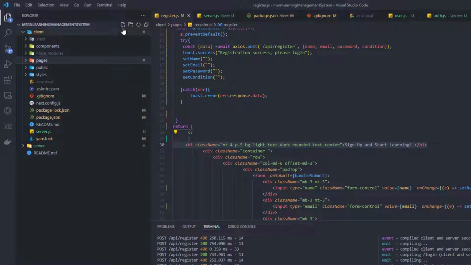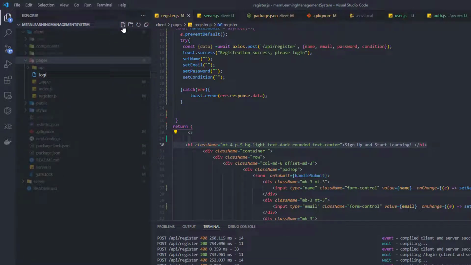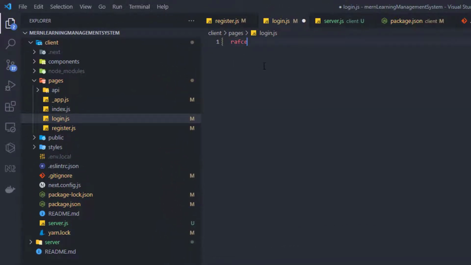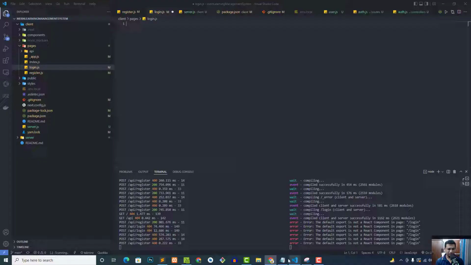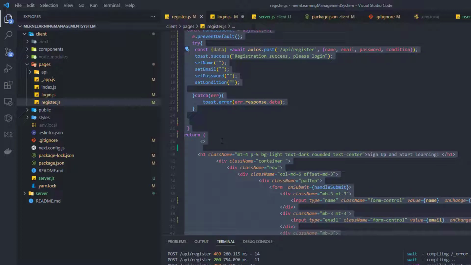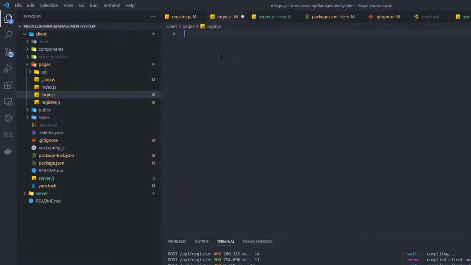In the pages folder, create a login page, login.js. In the login page, type RAFCE. Okay, it's not working, no problem. As the login page is almost similar to the registration page, we are copying everything and pasting it into the login page,